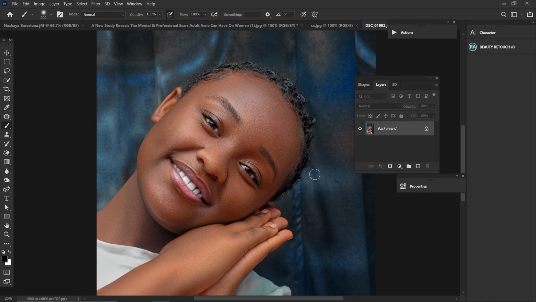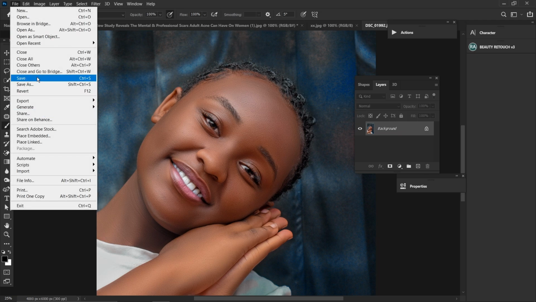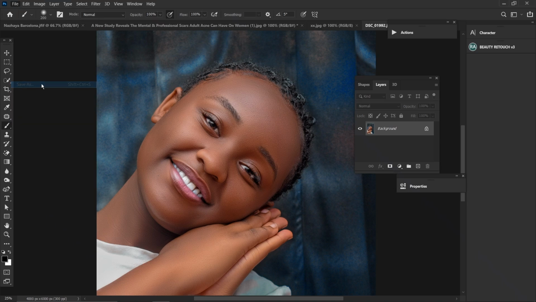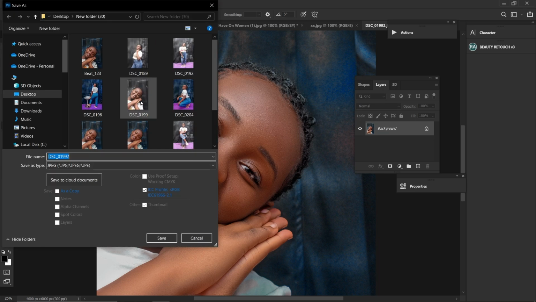So right away I'm going to show you two options for exporting this image or saving this image for reposting. So most of you have been, after finishing the image in Photoshop, you just click save as, which is the wrong option to take